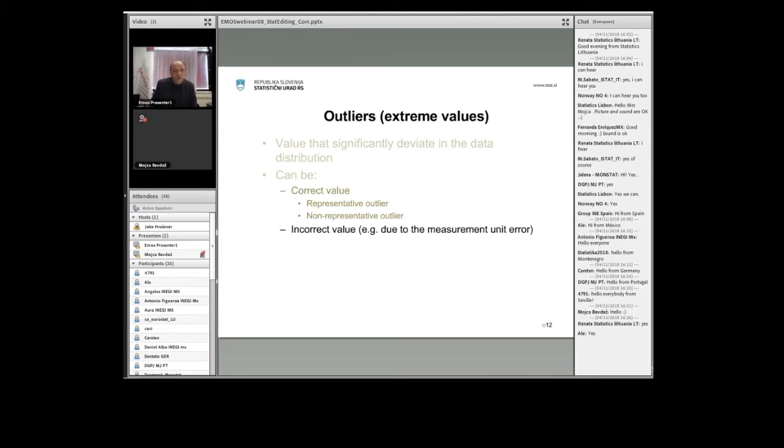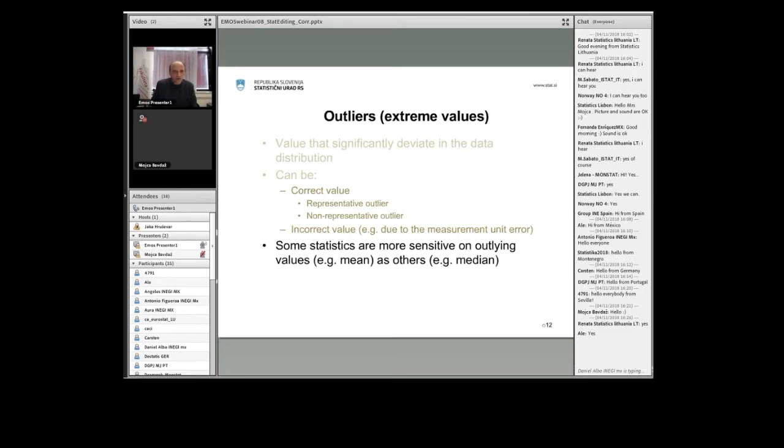And of course, what to do with these types of outliers? If it's an incorrect value, the right thing is to correct it. If it's a representative outlier, the right thing is to leave it as it is. If it's a non-representative outlier, the solution is that you put its weight to 1, or at least that you trim its weight. But the problem here, of course, I will not tackle because it's another wide area, is how to detect in your real data which outlier is representative, which is an error, which is not an error, etc. And this is in fact a very large challenge when you're dealing with real data.